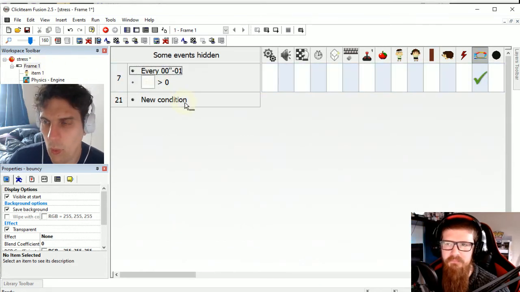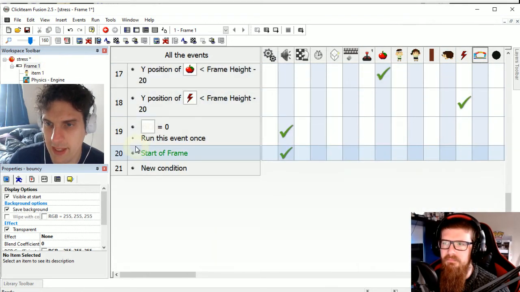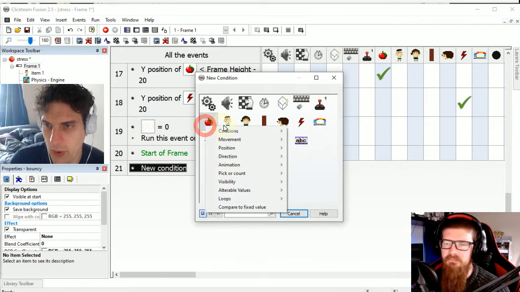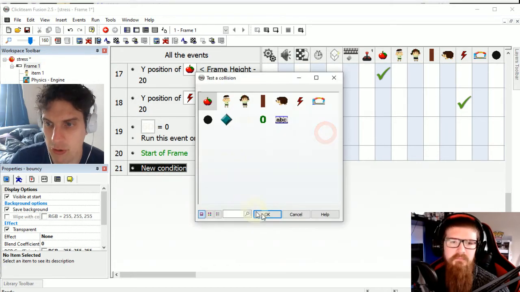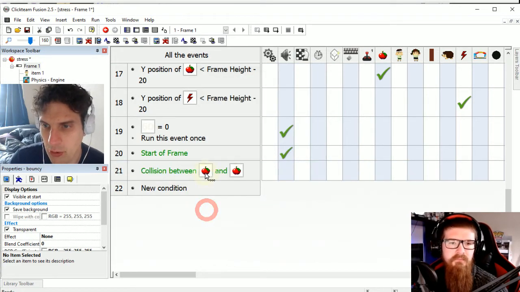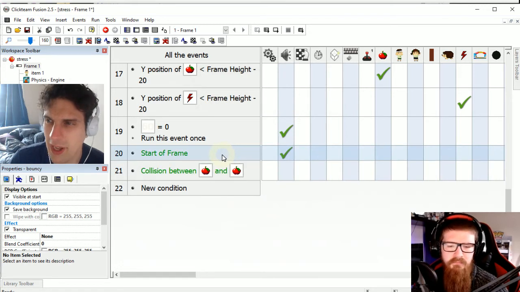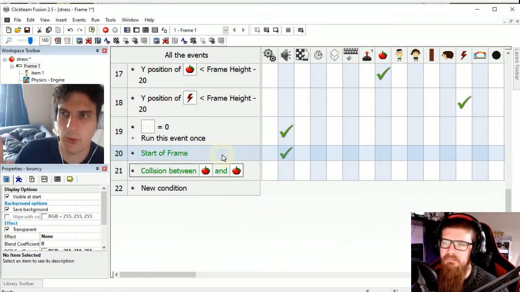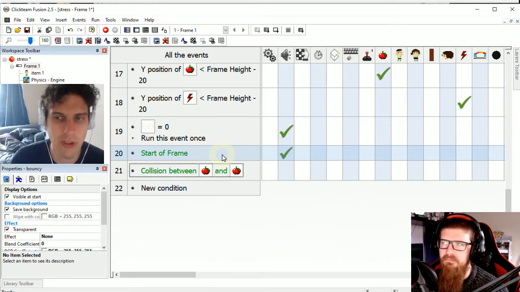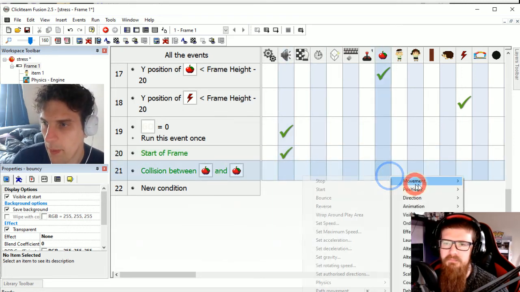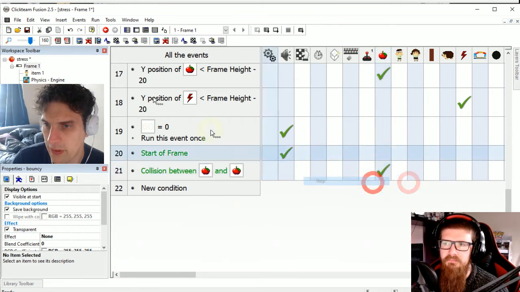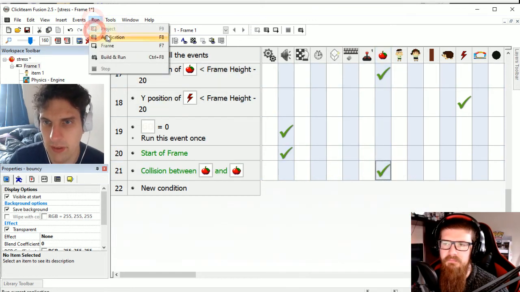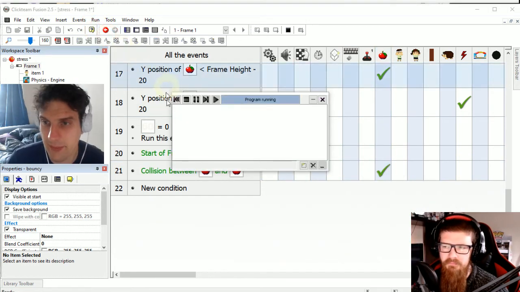Now, one thing that we haven't done in the game is we haven't said what happens when a kid hits a kid. Now, we could just say when an apple hits an apple, because they're in a group, the apple group, the good things, then it saves us doing three rules otherwise: boy hits a girl, girl hits a girl, boy hits a boy. But we can just do one. So I'm just going to see what happens if they make each other bounce and see how that works. Just see if it's any better.